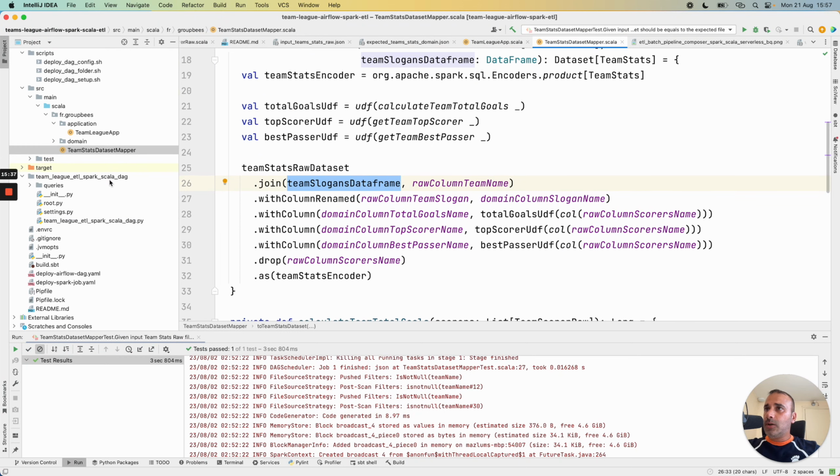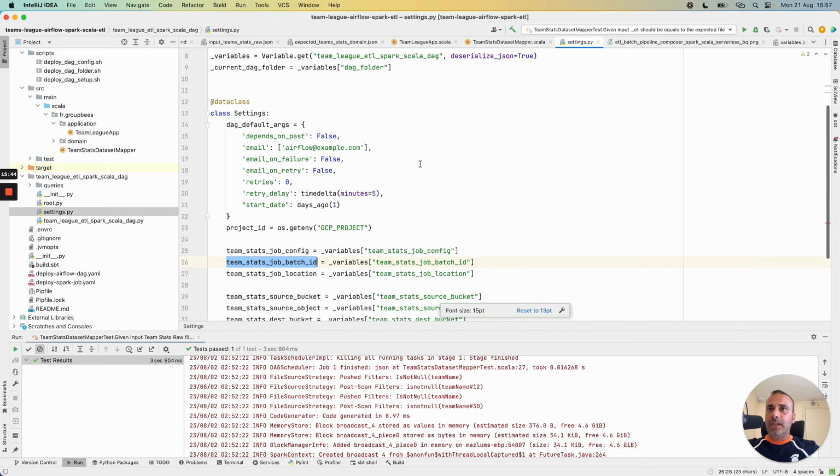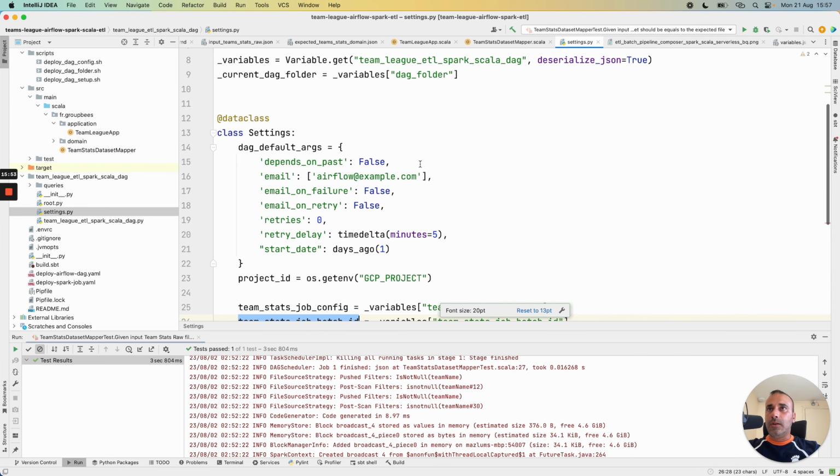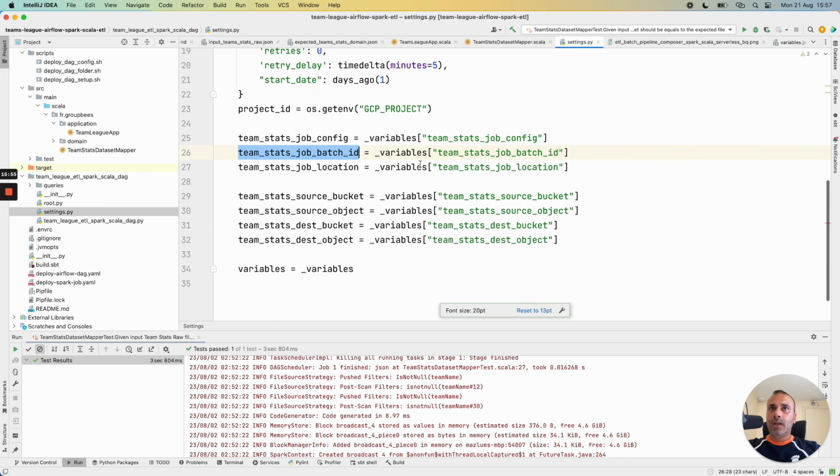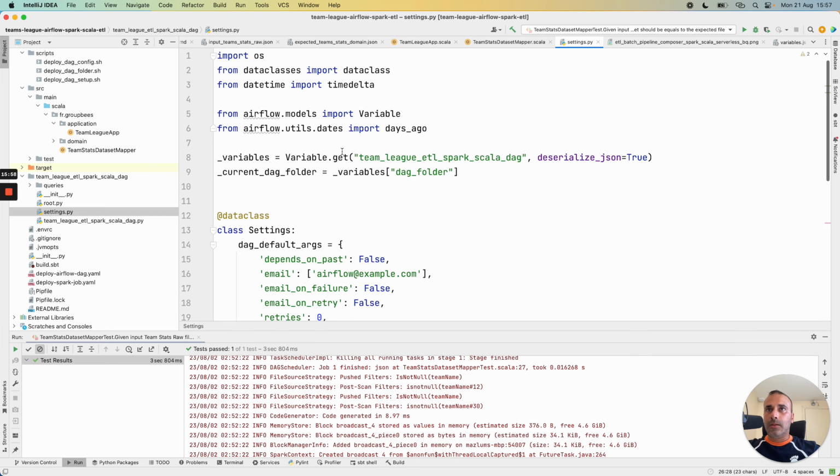Then I go to the DAG part, the Airflow DAG part. With the same principle as I explained in other videos with Apache Airflow, I have this class Settings, and from this class I load my Airflow configuration for the DAG that I showed previously.